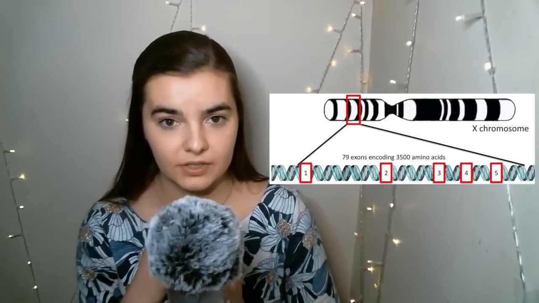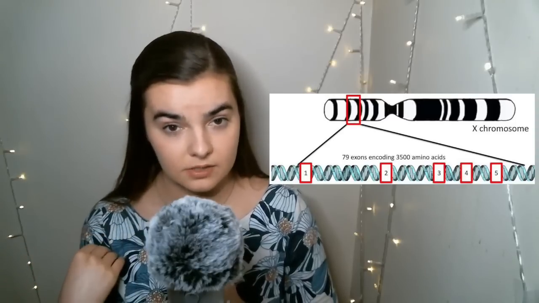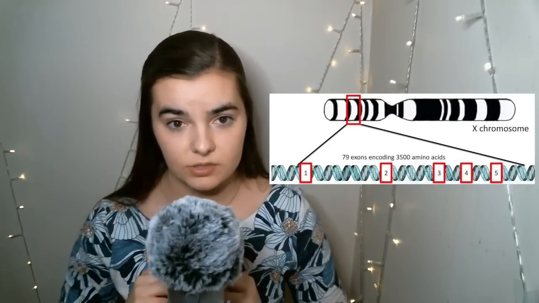And that dystrophin protein is very, very important for your muscles. And so there are 2 main types of muscular dystrophy. One is Duchenne muscular dystrophy, and the other is Becker muscular dystrophy. And so the difference between